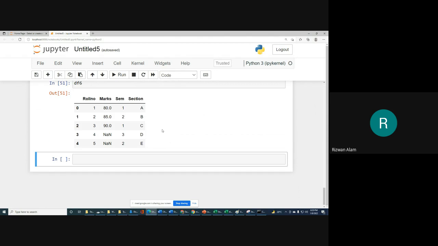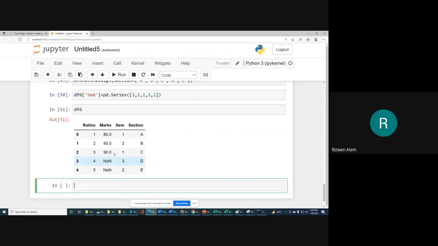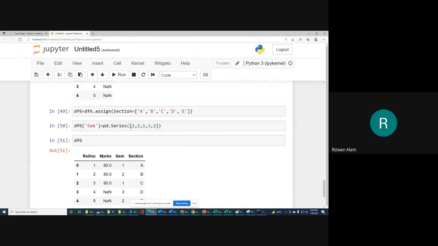You have a data frame, and in that you want to add a new column of percentage, and provide some value for percentage for each roll number. So now try to do that and let me know what you are getting for percentage. You can use the assign function, otherwise you can do it directly with the help of series also.